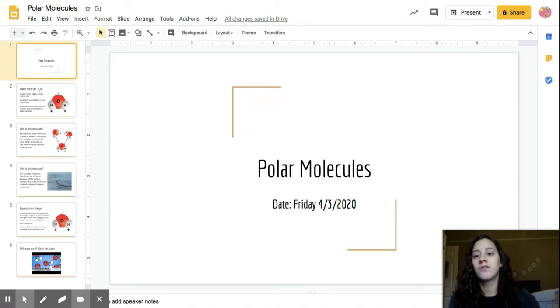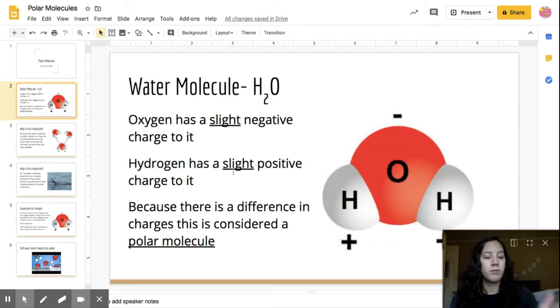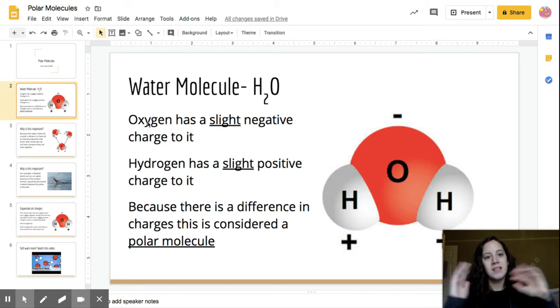So, first things first, just understanding a water molecule in general. We always talk about this as H2O, which means that we have two hydrogens and one oxygen. So with this, oxygen actually has a slight negative charge to it, and hydrogen has a slight positive charge to it. That's what makes it polar, is because you have these opposite charges. So some of it has a slight negative, some of it has a slight positive,